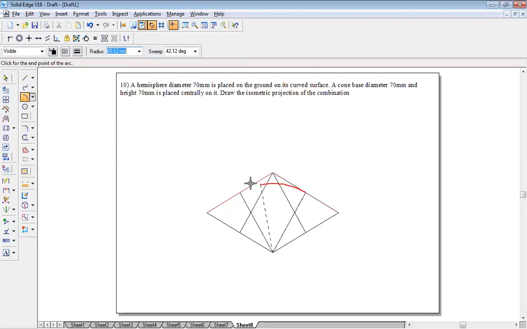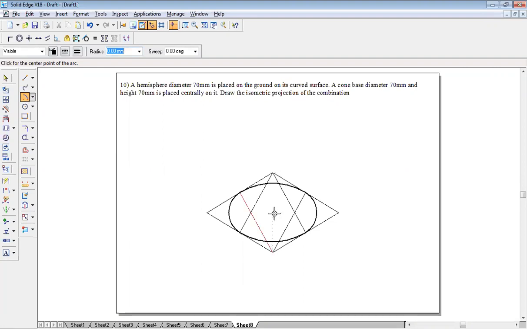Center, radius, arc. Corner 3 as a center, this is the radius, arc. Crossover line as the center, this shortest as the radius, draw arc. Crossover line as center, this is the radius, draw arc. Okay, it's a hemisphere, right?